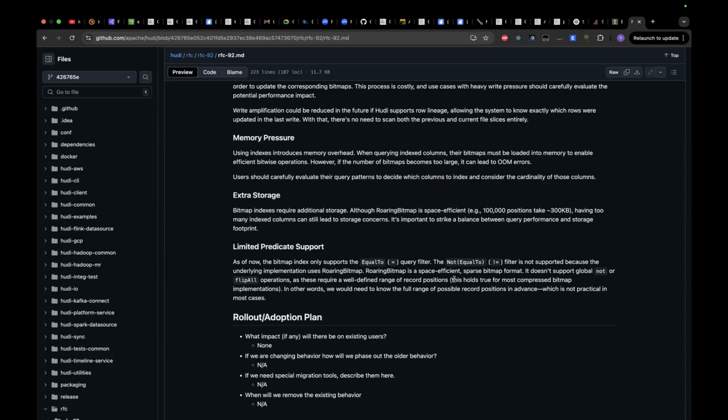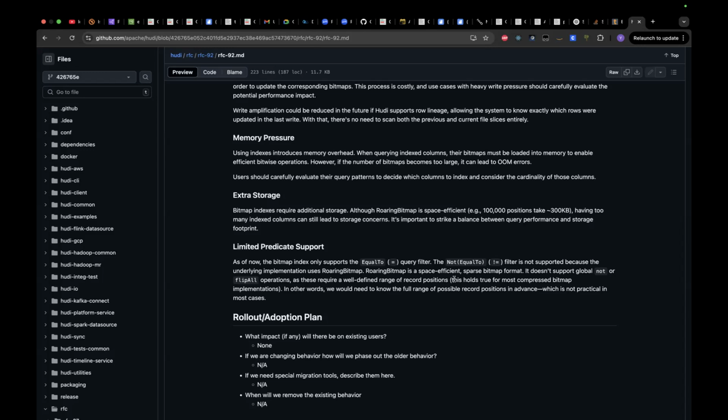But I also hear some other interesting ideas. Last time when I was discussing with someone from my team, the engineer said that we can somehow sort the data to have the Bitmap more optimized, because we can know the position if the data is sorted, and then the Bitmap will be even more competitive and we can even use the position in the Bitmap to do the pruning. But I consider that is really doable. It's just that sorting is very expensive. I don't expect Hudi customers to